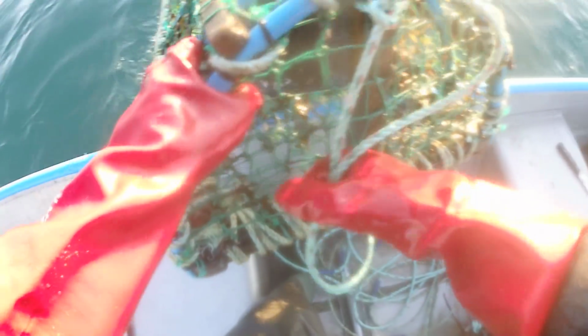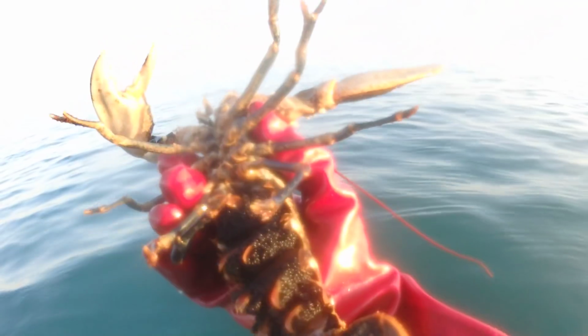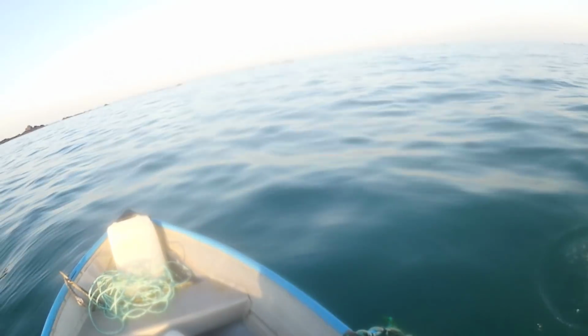Right. There is a lobster in there. I don't know if it's big enough. It looks like it might be a bit small. Yeah, I'm not even going to measure her, simply because she's got eggs. Now, you don't have to put them back here with eggs if they're oversized, but, you know, it's not always about take. Right,